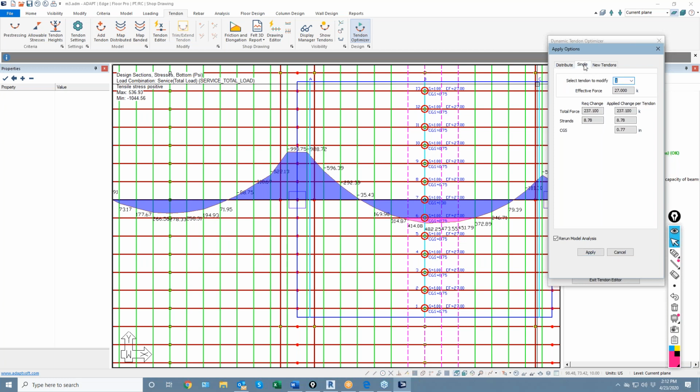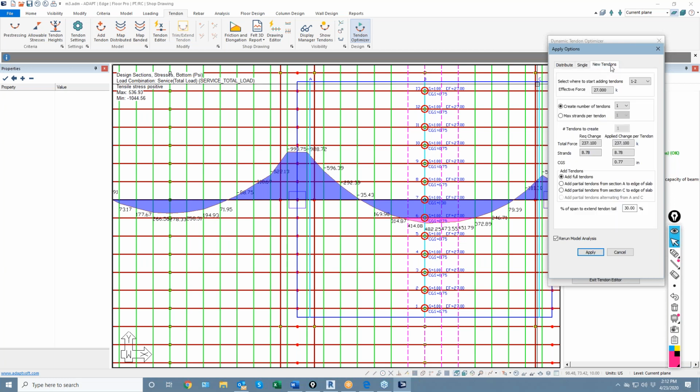Or I could say I just add it to a single tendon, or I want to create new tendons. I'm going to create add tendons. We're going to start the add tendons between existing tendons 1 and 2 right here on the bottom end of this range. The total number of tendons I want to create is 12. I want to put a new tendon in between all existing tendons, and we're going to add these from point